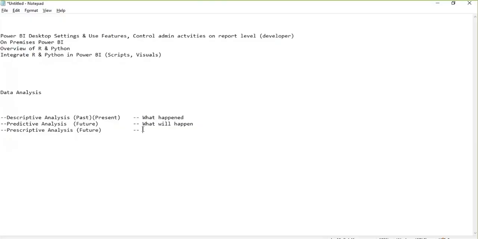Okay, so here you find those parameters and also you try to find out the why, right? Not what. Let's say if your sales has decreased, if you're having some loss, then what are those parameters based on which you are getting the loss? So when you work on the why, then it comes to prescriptive analysis, where you try to find the parameters, those factors which are impacting your past or which are going to impact your future. Why it happened or why it will happen. Got it? So now through Power BI, we are just doing this descriptive analysis.